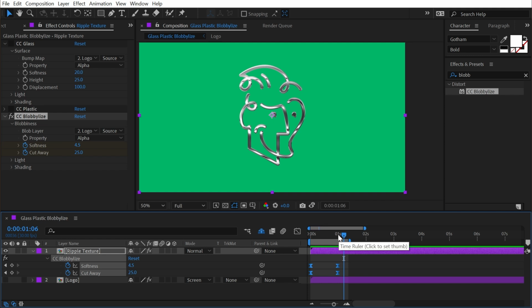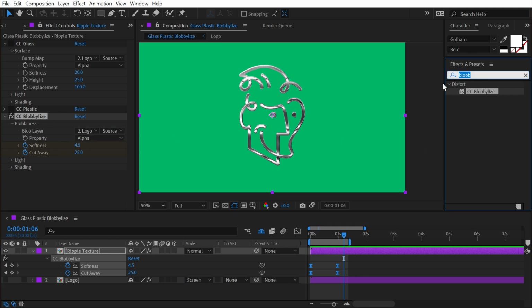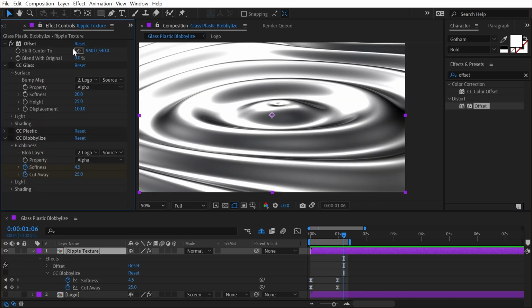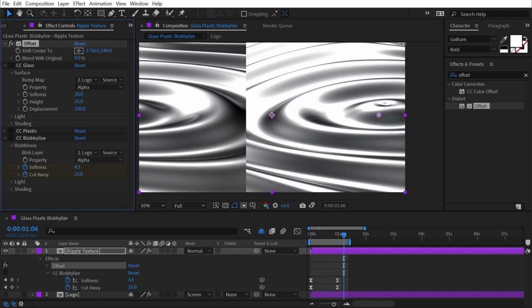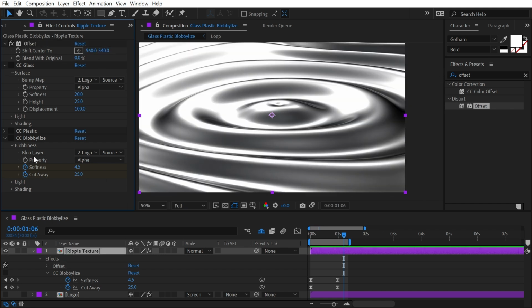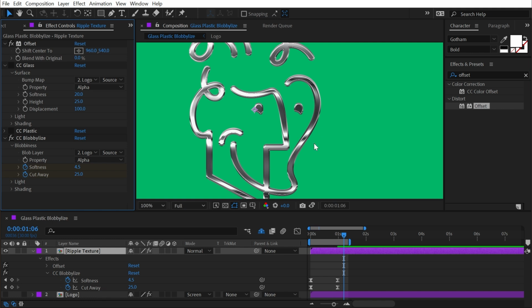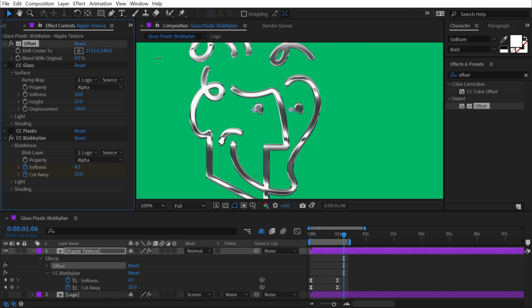Now, something really fun you can do is shift the contents of that texture around prior to applying the effect. And I'm gonna do that with the offset effect. So let me bring that out, turn off CC Blobbylize for a second just to show you all this is going to do is allow me to shift the contents of the layer around within the layer itself. So if I turn CC Blobbylize back on and I zoom in here and then just shift that center